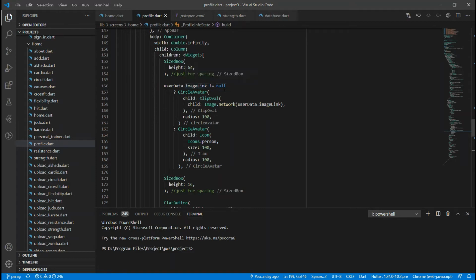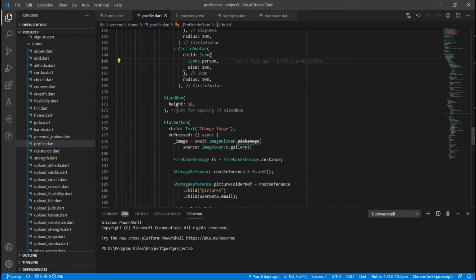If the image link is not null, then it's gonna display my image link over here, and it's dynamic, so I can change it anytime I want, anytime the user wants. If the image link is null, then it's temporarily gonna show a person's icon in a blue box. We can also change the color by adding color to this circle avatar.